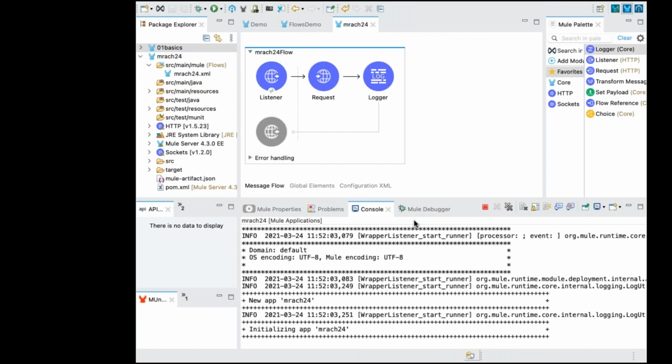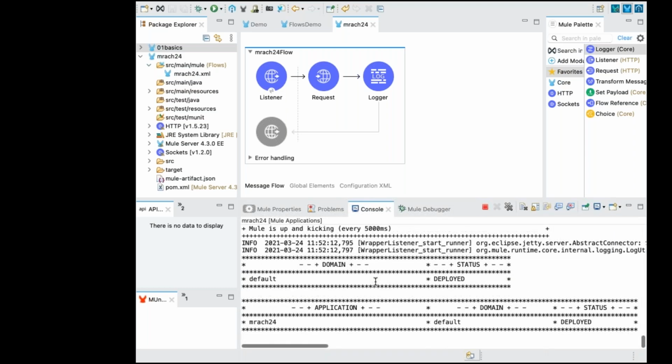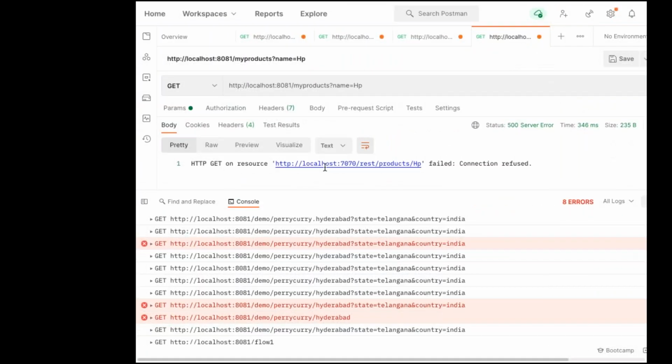Now once it is deployed, give a request. Connection refused.